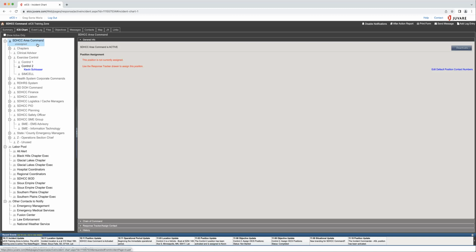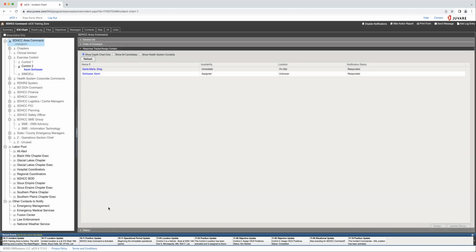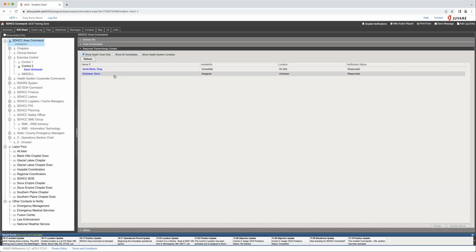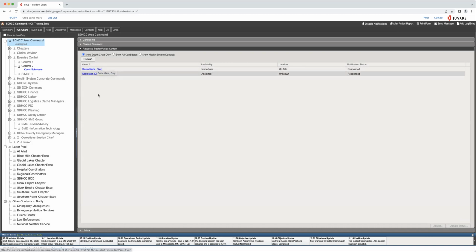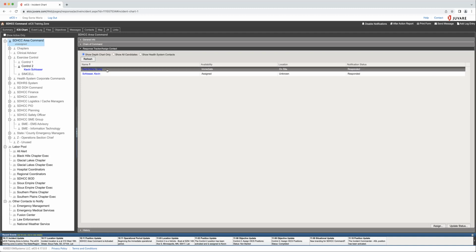your position. So I'm going to highlight my position, and then down over on the right-hand side, there's a couple of what they call drawers, and you're going to go to the response tracker and assign contact. And click on that. Now, as we continue to grow this out, we're going to have people who are involved and who are preordained to be in different locations and different assignments. So Kevin and I are both area commanders. So I'm going to find myself, and I know that I've already responded, and I know that I'm available. So I'm going to click on my name, and it's going to give me an option to assign